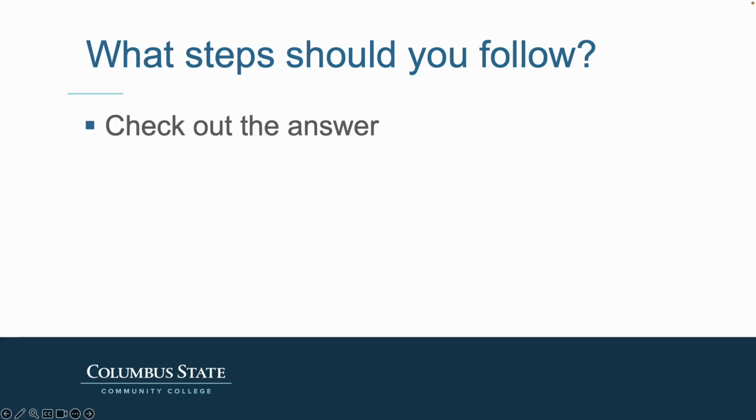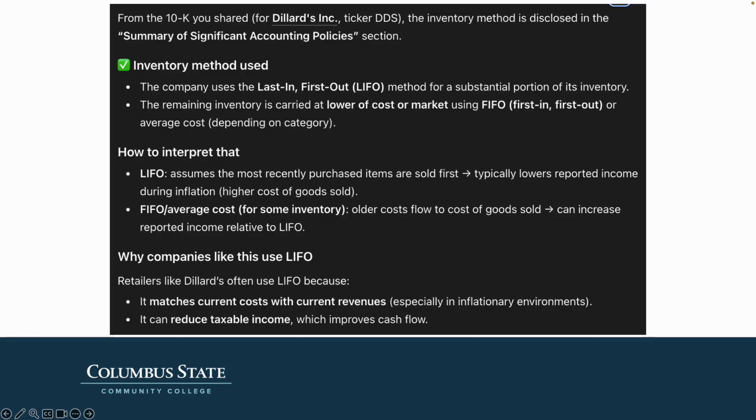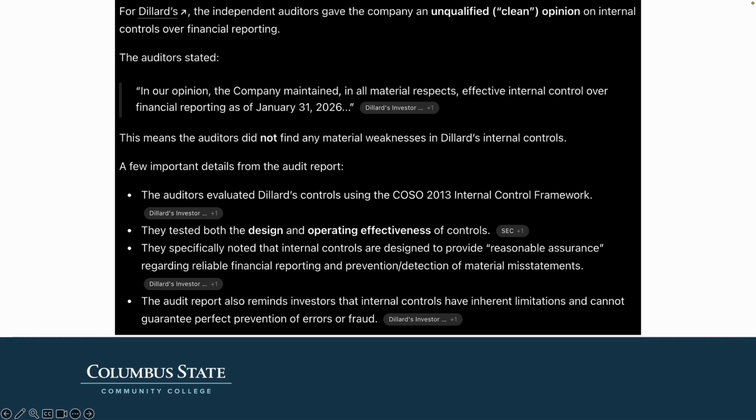For my purposes, I got an answer about the inventory method. You can see it says the company uses last in, first out for a substantial portion of inventory. The remaining inventory is carried at lower of cost or market using FIFO. And then it gives us some information, none of which I asked for, but it did give us some additional information here. For the internal control question, it told me about the audit opinion, and it says the auditors stated,